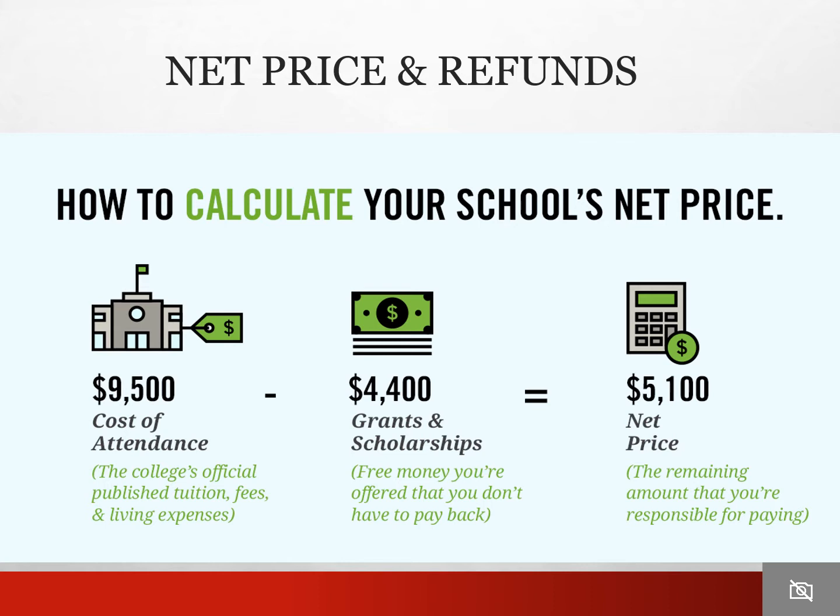In this overall pricing, there are going to be some direct costs as well as indirect costs. The direct costs are going to include things like the tuition and board or the mandatory fees. And the indirect costs are going to include textbooks, supplies, and personal expenses. And while a lot of financial aid award letters will give you a guesstimate of how much it's going to cost you, it's really going to depend on where you shop, where you purchase your books, potentially your major, and other factors. Now, in this example, this student does have a balance of $5,100, but there are times where a student can have a negative balance, which means that they would be entitled to a refund.